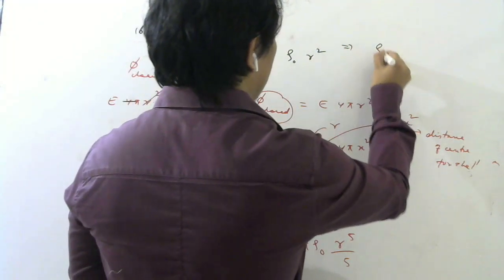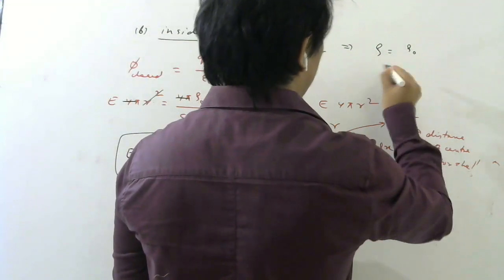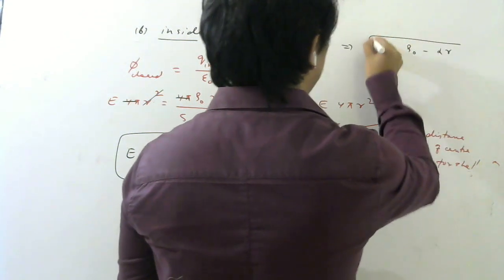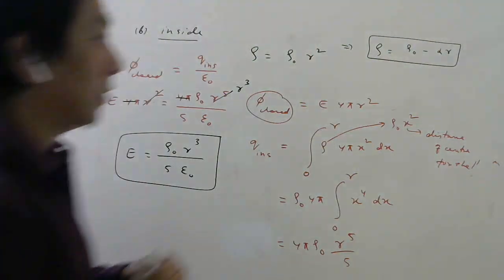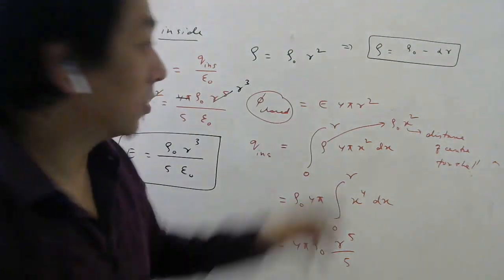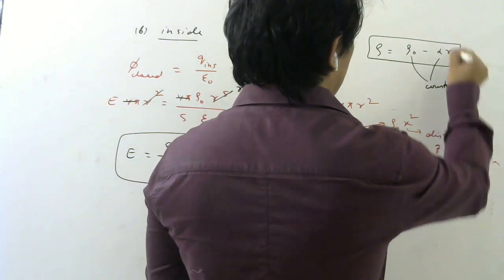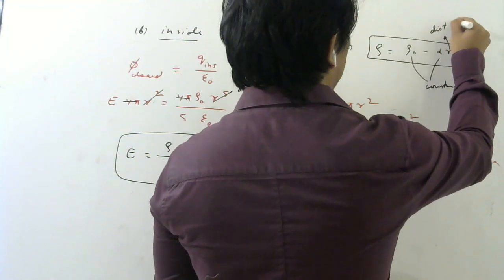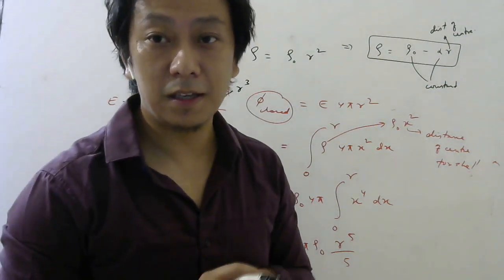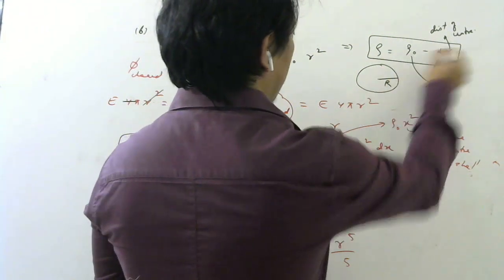Everyone, imagine there is a spherical charge whose density is given as rho naught minus alpha r. This is how the density is given. Rho naught is constant, alpha is constant, and r is distance from center. So find electric field outside and inside the sphere. Take the radius of the sphere as capital R, and small r is the variable.